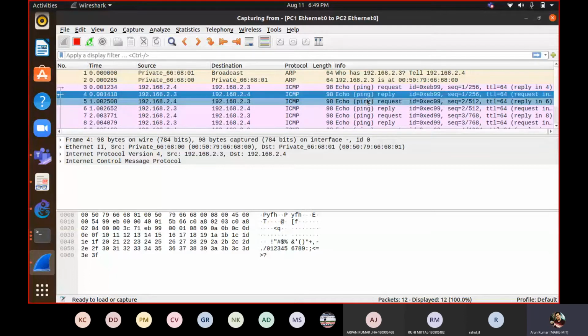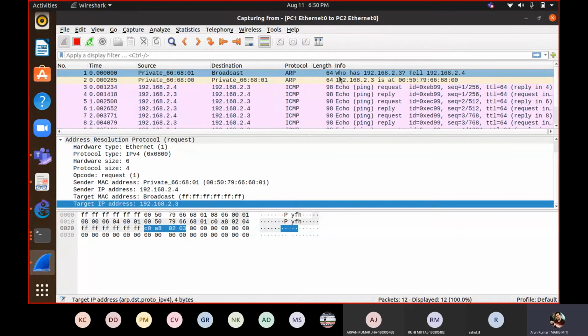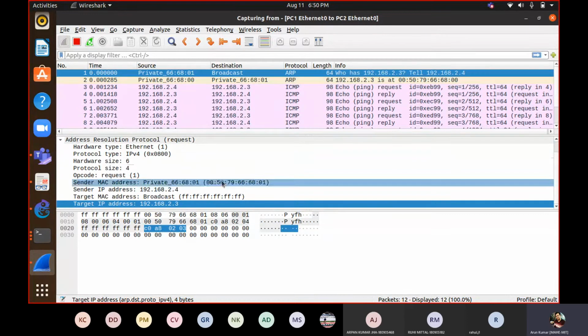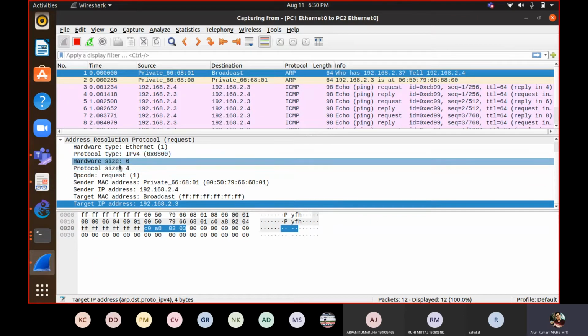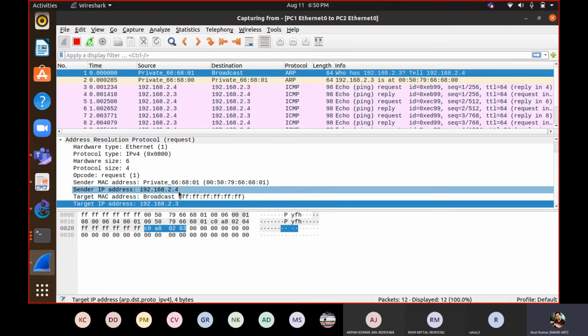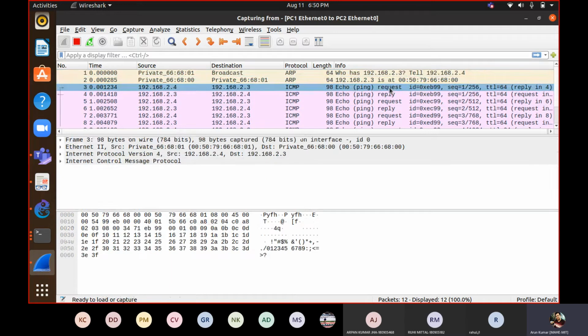If you have to understand any protocol, suppose ARP, in this way we will go about the ARP protocol. First we will generate traffic corresponding to ARP. Then we will figure out that we have understood it in a theoretical way. This is the packet format for ARP. Regarding this packet format, what is written and what is the meaning of all these things, you can demonstrate and learn through that demonstration. So this is the ARP packet and these are the ping packets.